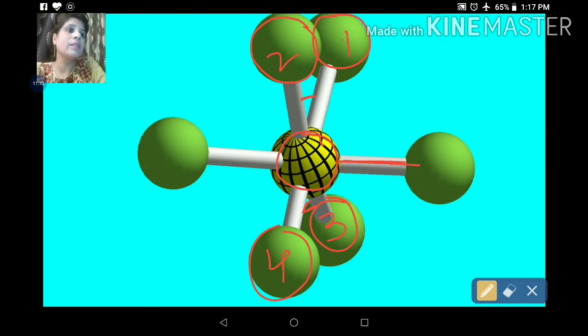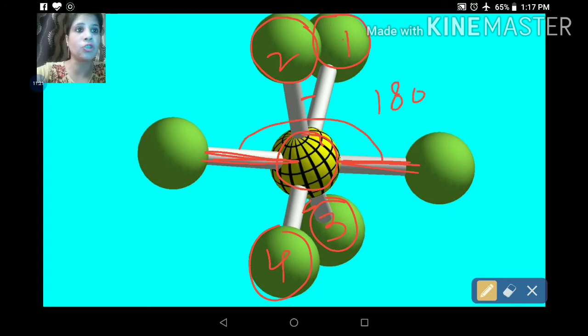And 2 atoms will move out of plane, and these 2 atoms are at an angle of 180 degrees with each other, but the X plane atom and Y plane atom are always at 90. So the interesting thing here is that the atoms in the plane are also at 90 with each other, and the atoms which are out of plane are also at 90 with the atoms which are in plane.